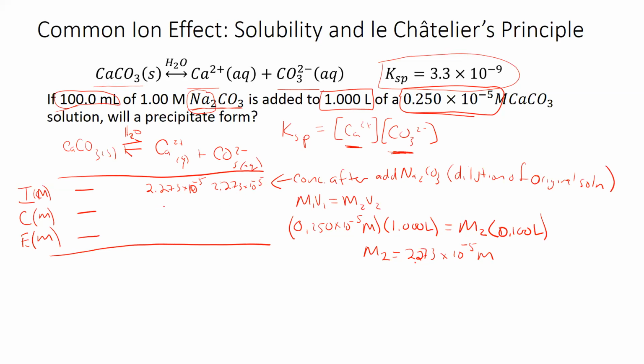And then our change, well, as we add the sodium carbonate, we're not adding any calcium, but we are adding some carbonate. And so the amount of carbonate that we're adding there is, again, a dilution. So again, we're going to do M1 V1 equals M2 V2, but now our initial concentration is the 1 molar, and our initial volume is the 100 milliliters, and our final volume is still that added,